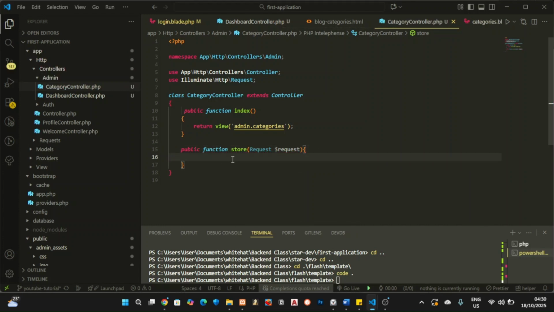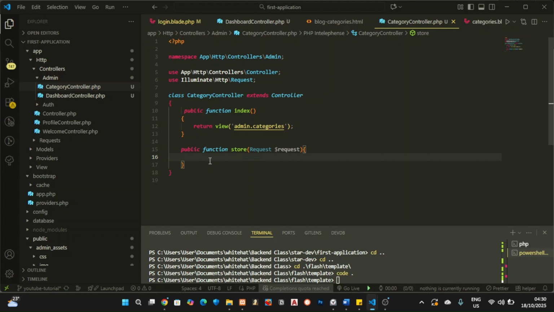The next thing to do is to create a model and create a migration file. Possibly you're hearing about a model for the first time. What is a model? A model is more like a blueprint. For example, if you want to build a house, you have a blueprint to use to build the house. The blueprint gives you the door here and the window there. It's the same thing with a model. A model works with a migration. What are migrations? Migrations are more like our tables, category tables. Our model would handle things like relationships,